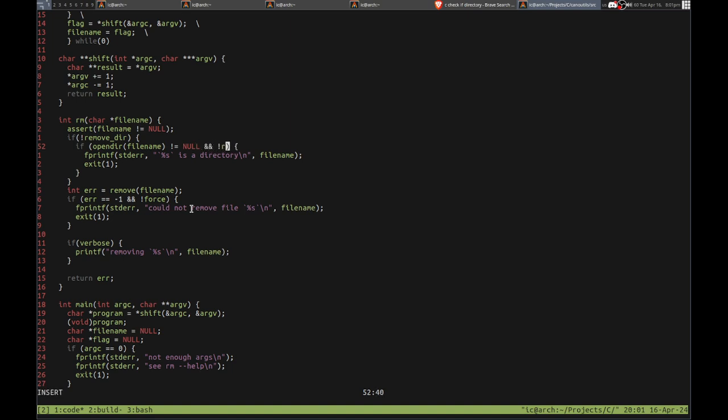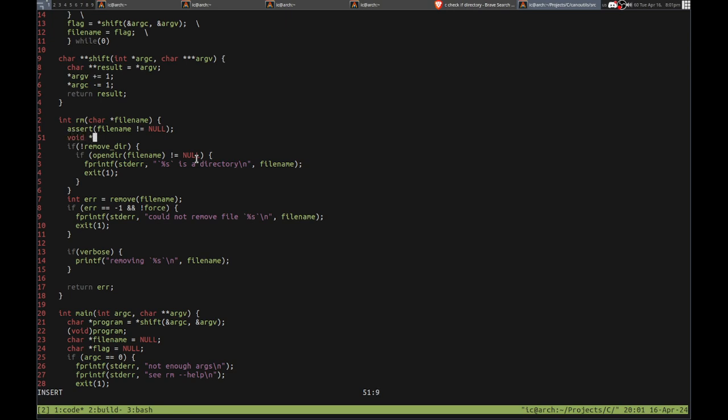Right, so we still want to continue here, but we just don't want to crash. Right, so we just don't want to remove the directory. So let's actually have just a pointer. Let's see. Is dir equals open dir filing. And we can check that here, right? Is dir. And do that. So then we'll do